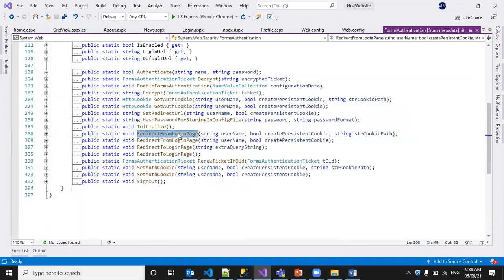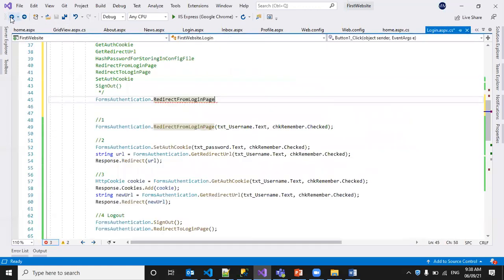Redirect from login page, username, create persistent cookie, path. We can manually set that path. Or just username and create persistent cookie. So we have both versions, the two-parameter and the three-parameter one. That is what we passed here.